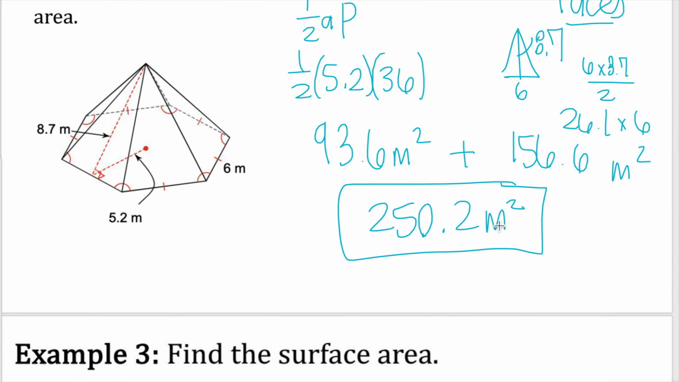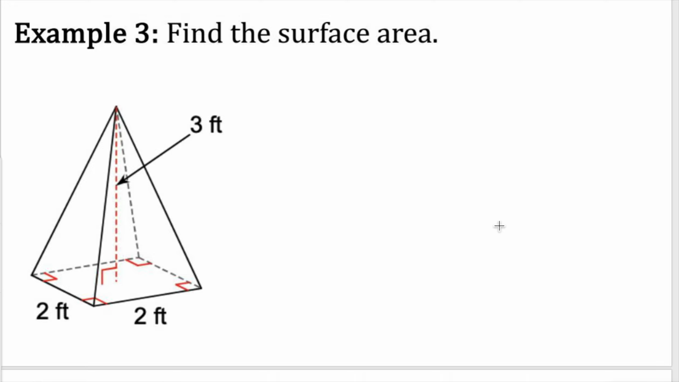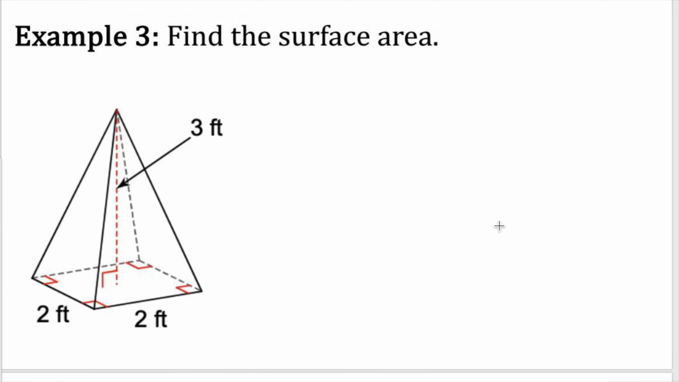Okay. If you want to try this one on your own, you can. I would say be cautious here because we do not know our lateral area, which is our slant height. So if you want to pause, go ahead and try it. But when you're ready to check your answers, let's go ahead and click play. So an easy one to find is going to be your base, which is a 2x2 square, so 4 square